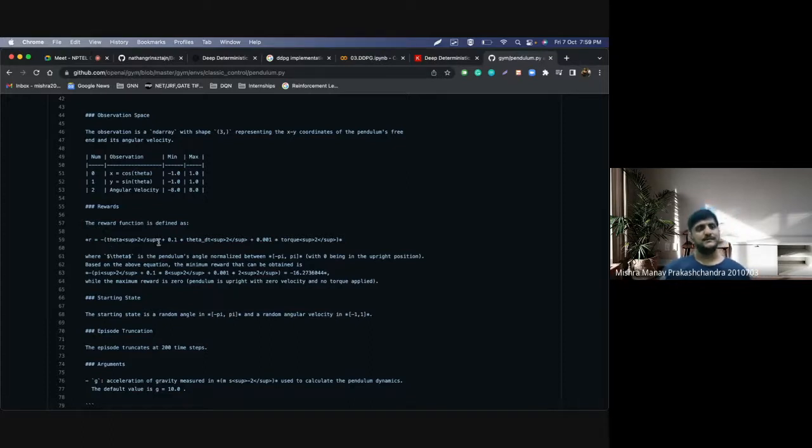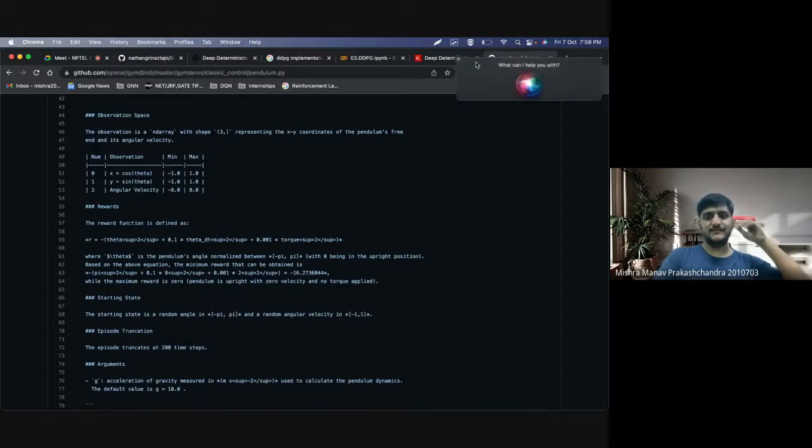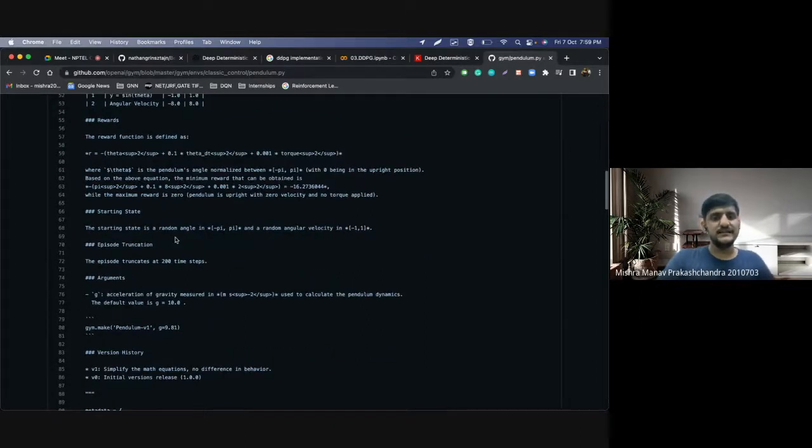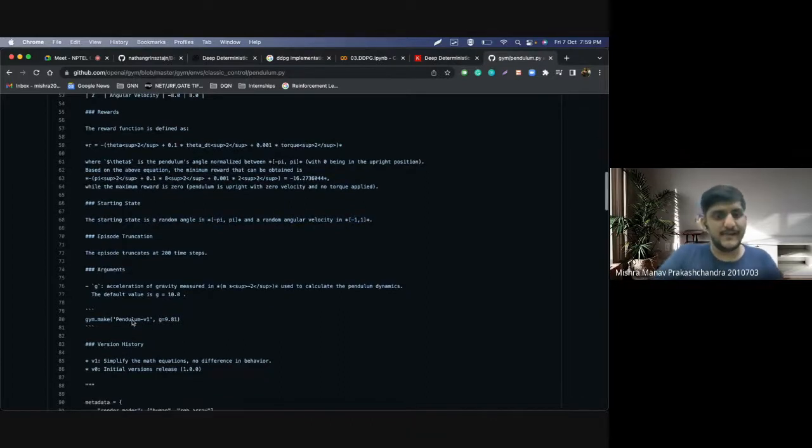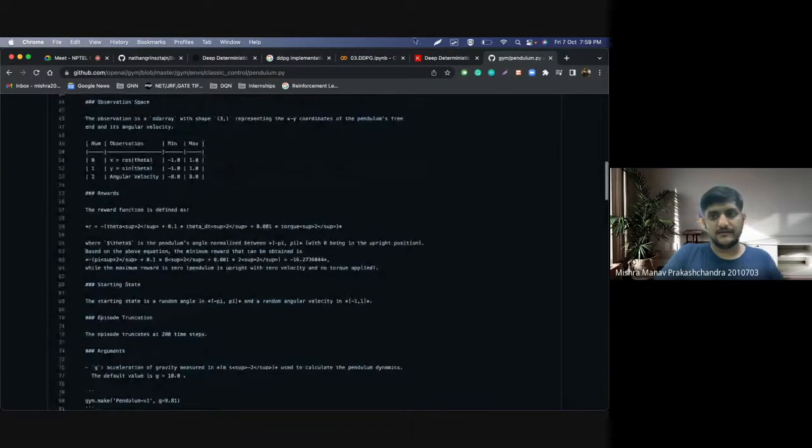Since 0 is the case where we want to reach, this makes sense. For any other theta, I'm basically penalizing it. So it's a whole negative, right? This is a penalty. The starting space is a random angle between minus pi and pi, and a random angular velocity between minus 1 and 1.